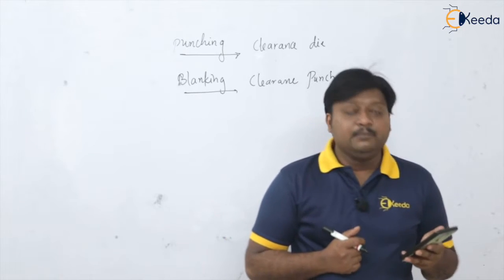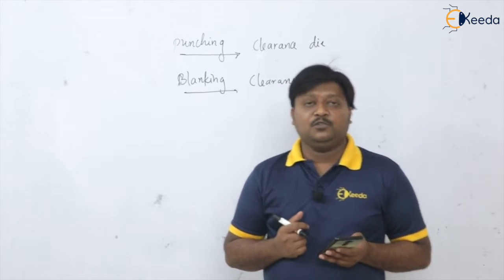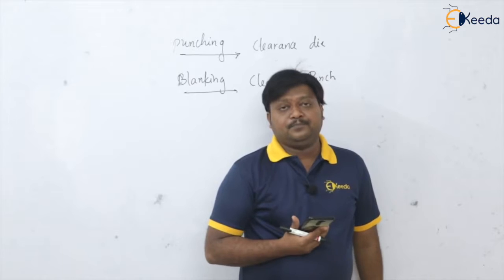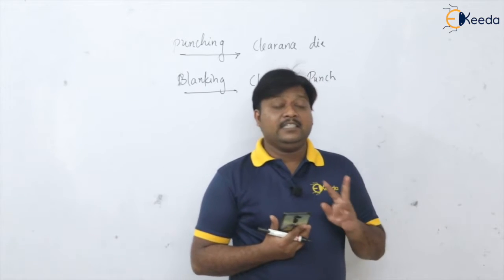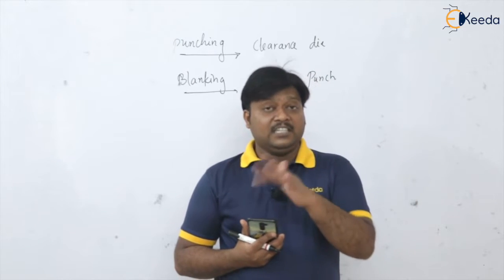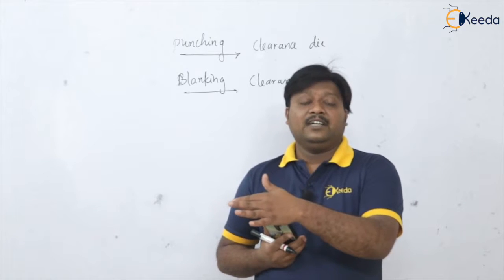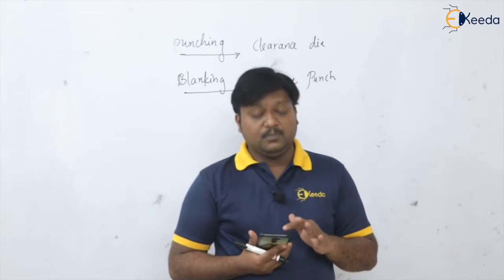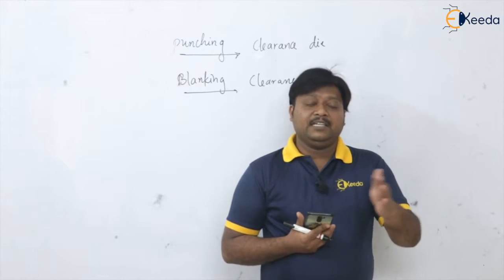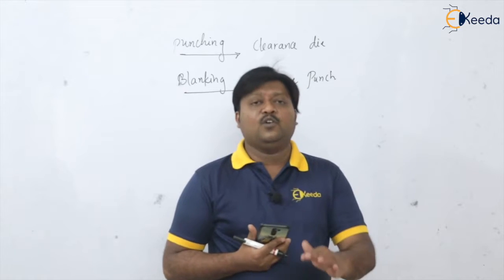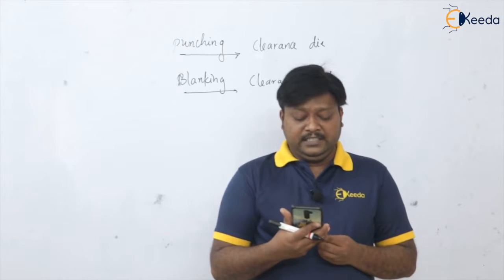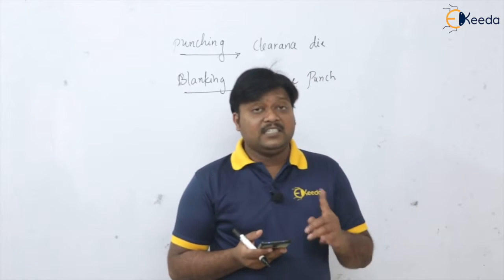So this limiting draw ratio, we saw yesterday what is meant by draw ratio. It is used to determine the number of passes in the deep drawing operation, and it is not a reduction ratio. For reduction we have the draw reduction ratio, like initial diameter minus final diameter divided by initial diameter, but this is the draw ratio, that is diameter before drawing operation divided by diameter after drawing operation. So this is dependent upon the yield strength of the material. Please remember, the limiting draw ratio depends upon the yield strength of the material.